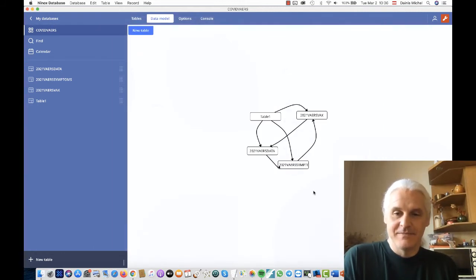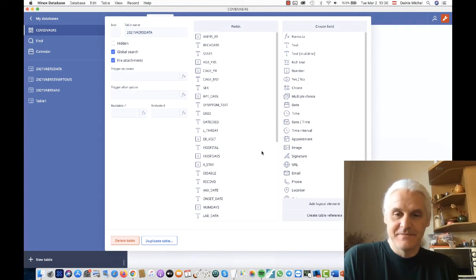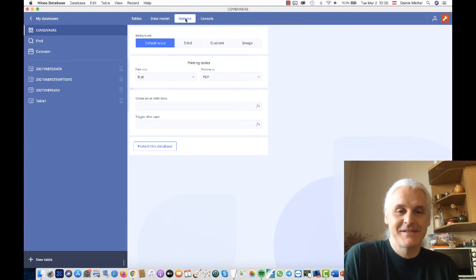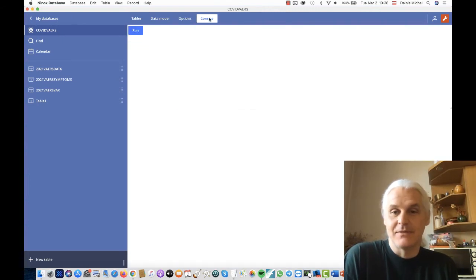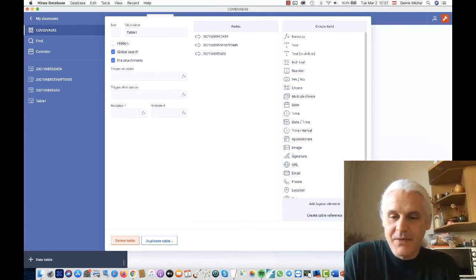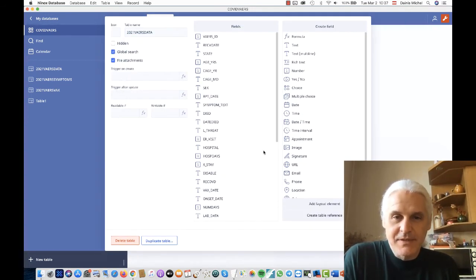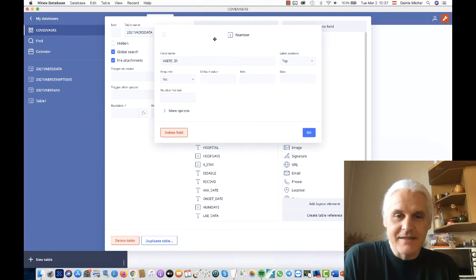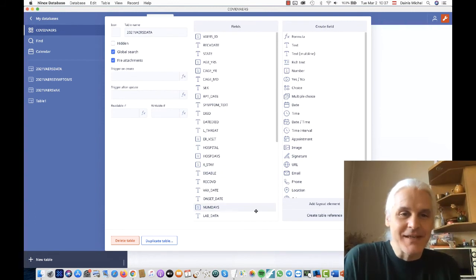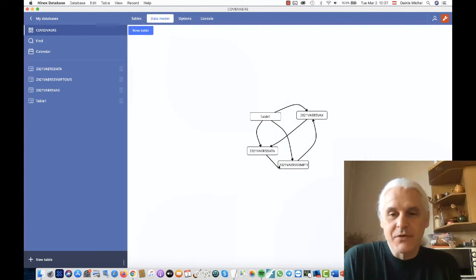Data model. Where? Options. Default value. Console. Come on. Where do you say ID links to the other IDs? It's okay. Hidden global search. Writable if. Okay, so